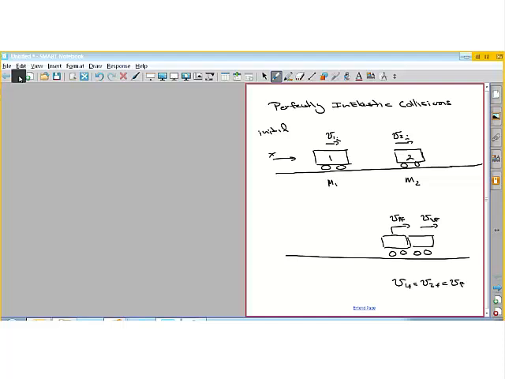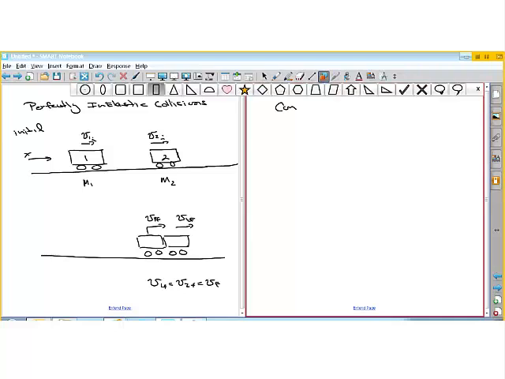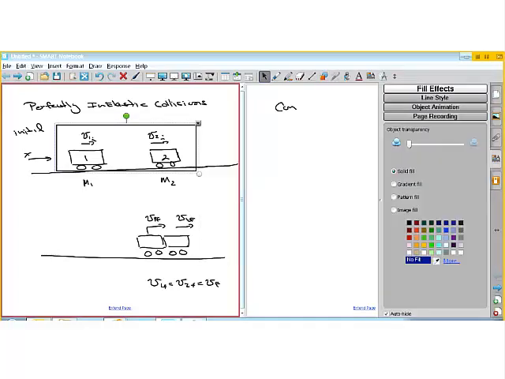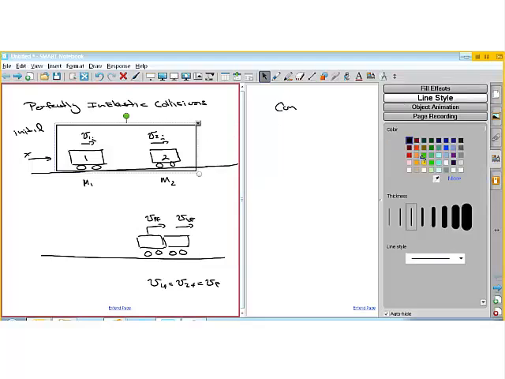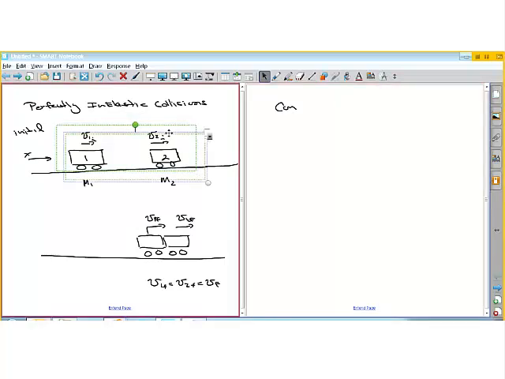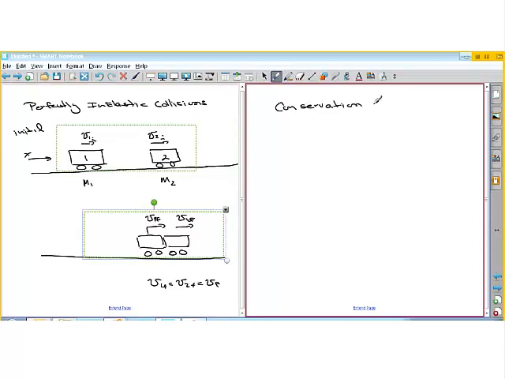So we have two equations. We have conservation of momentum, and what we would be doing is we would define our system to include both of these. So I'm drawing my system as such. Like that. So even after the collision, the system is still like that. So conservation of momentum